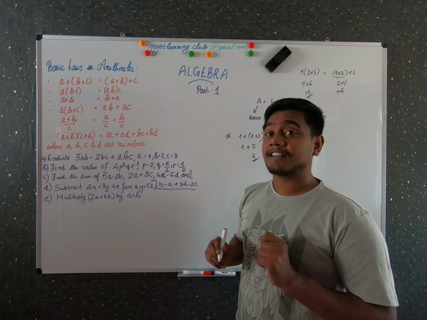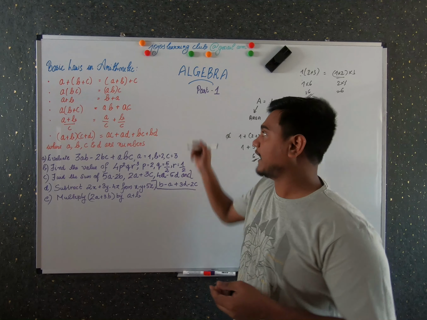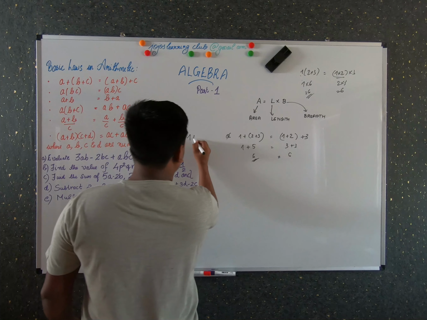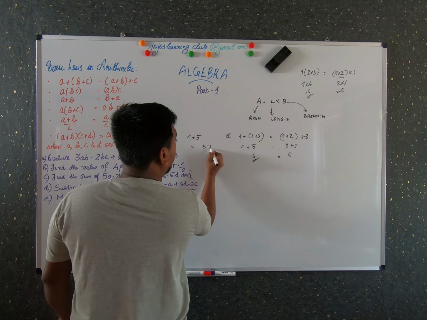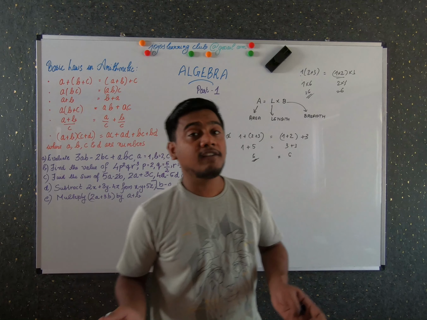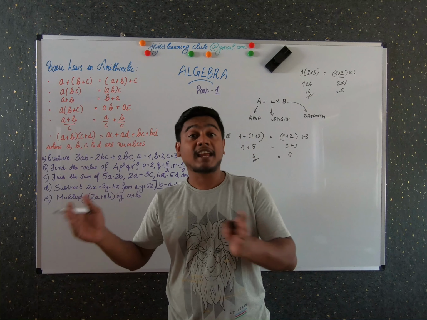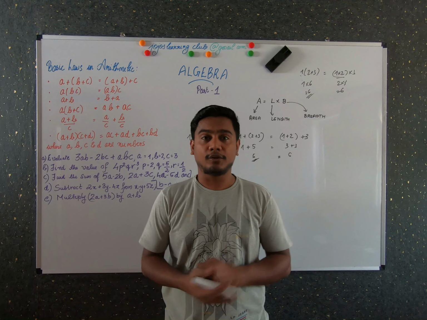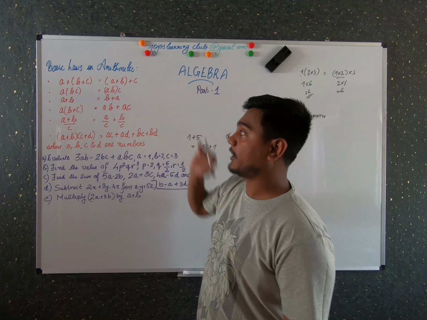And now let's take the third one. It is actually the same. You know that 1 plus 5 is same as 5 plus 1, right? So when you add the first and the second number, or you add the second number with the first number, it's the same value. So this is what the third one is.